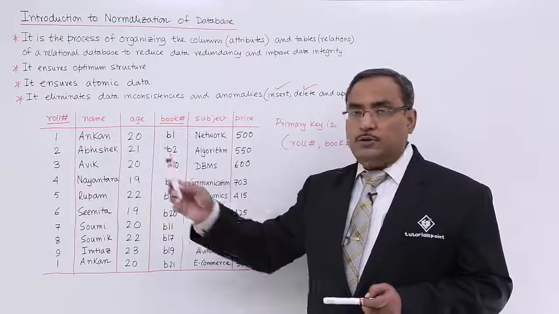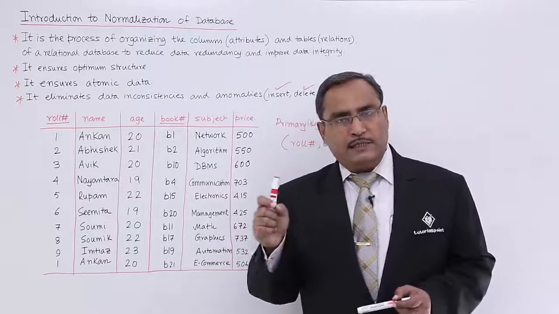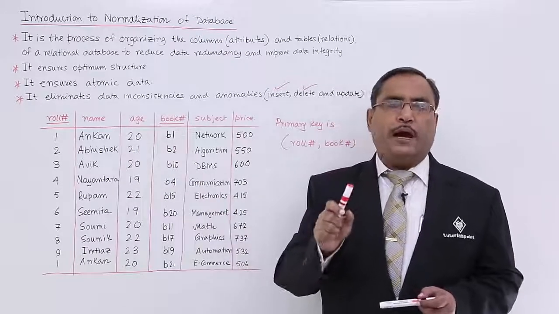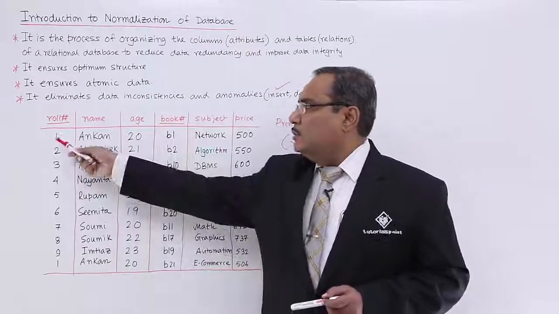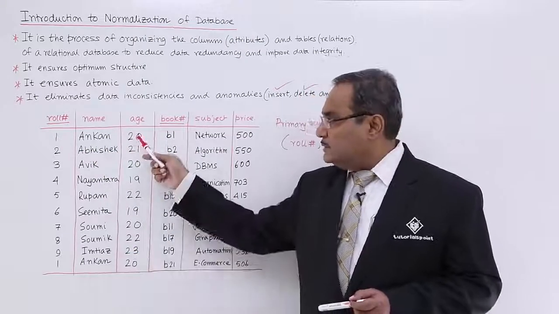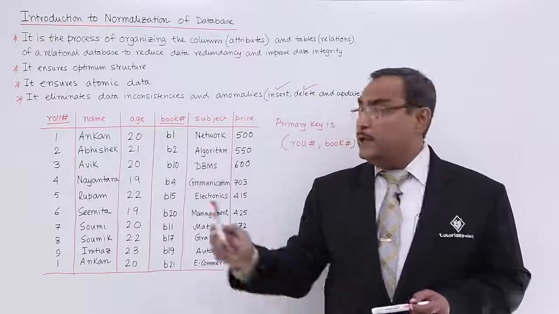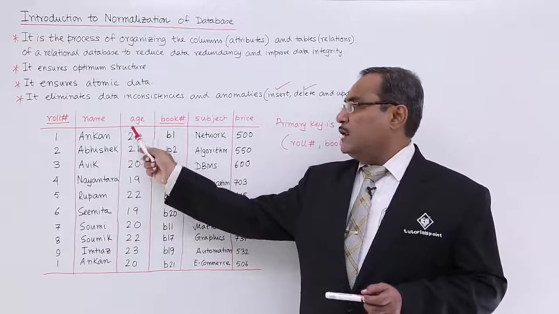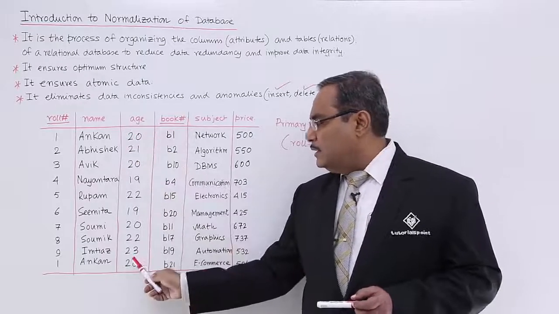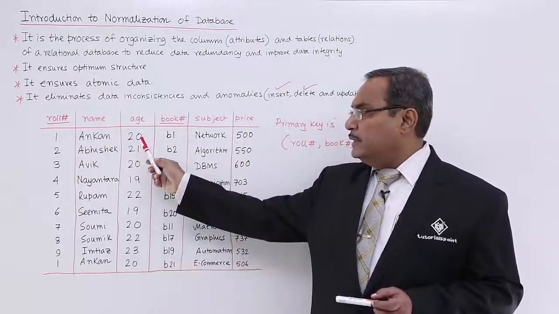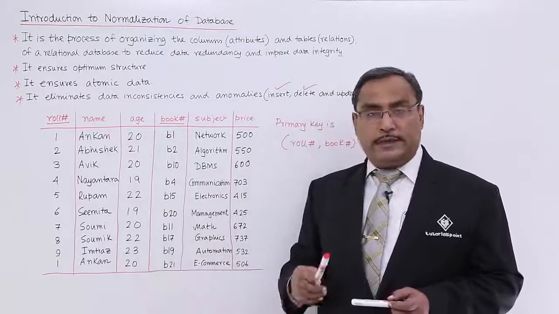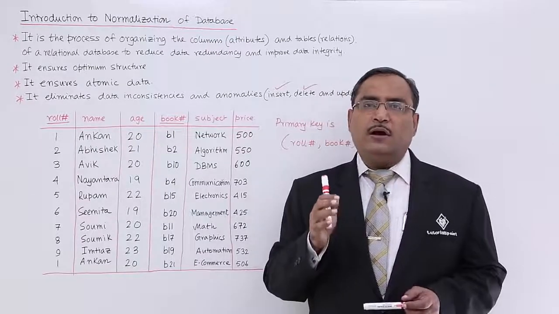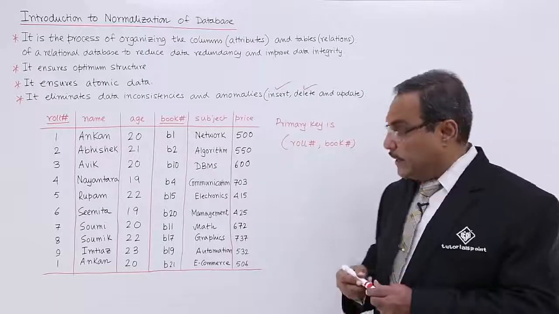Now Ankan has put in an application to the principal saying there is something wrong in the age value, so this age value has to be updated. You see, as this Ankan tuple is occurring twice, the same age value is occurring twice. Let us suppose the new age value will be 19.5. Suppose we have updated this one and we forgot to update this one. So next time when I ask the age of Ankan, I'll get 2 answers, which is inconsistent. That is known as the update anomaly.